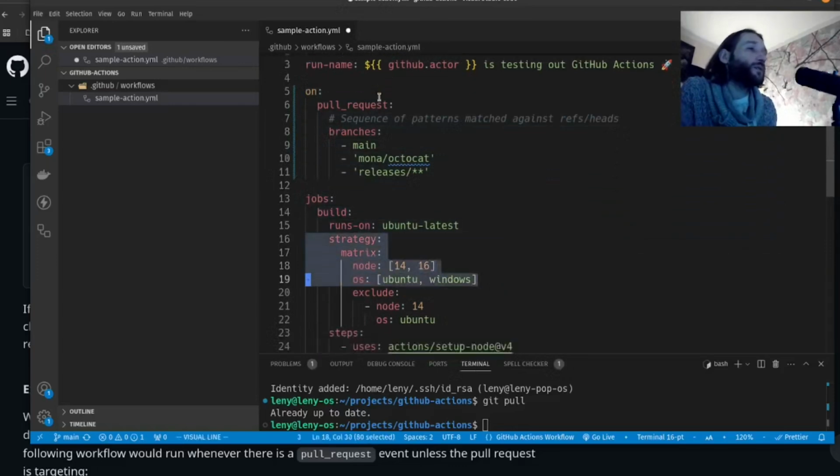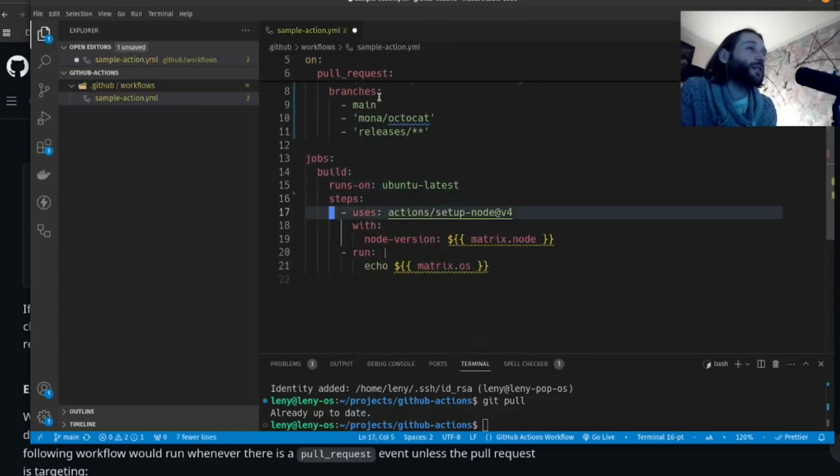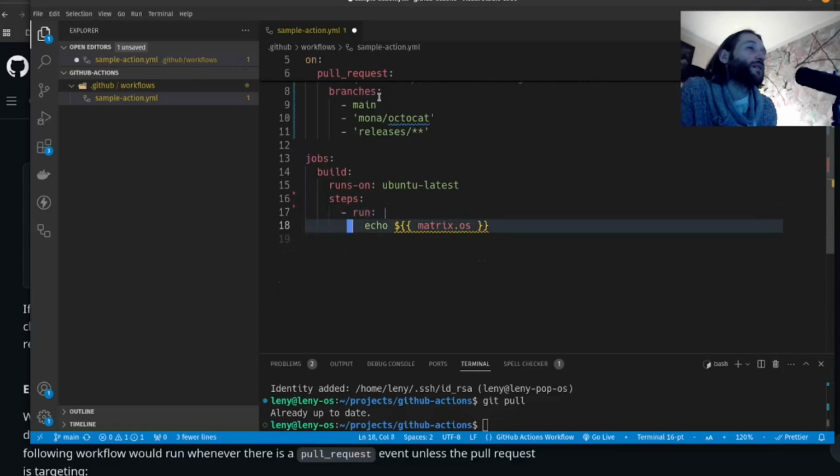And we don't need the strategy matrix and the steps we used previously. Let's echo hello world. And yes, so